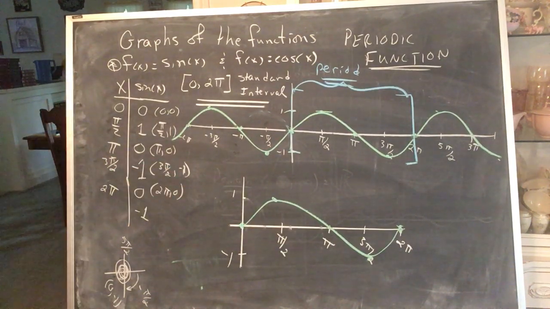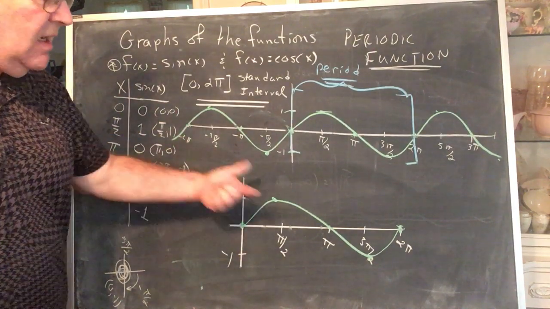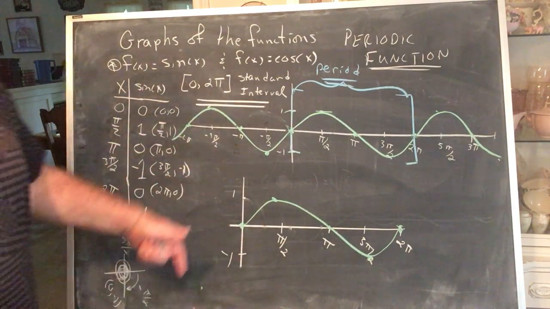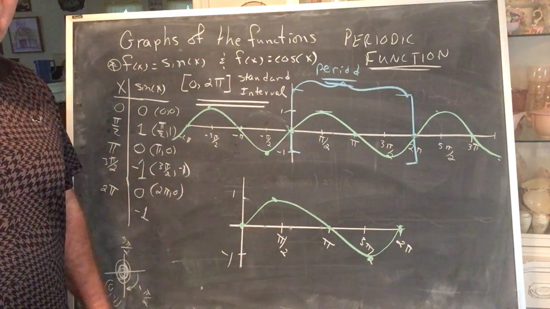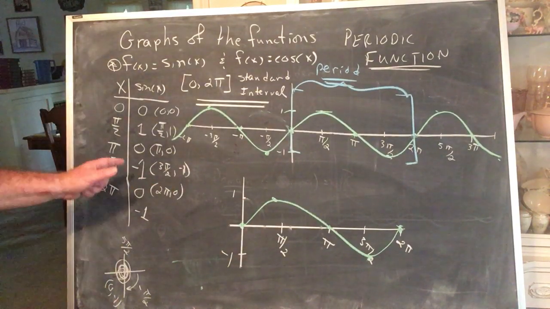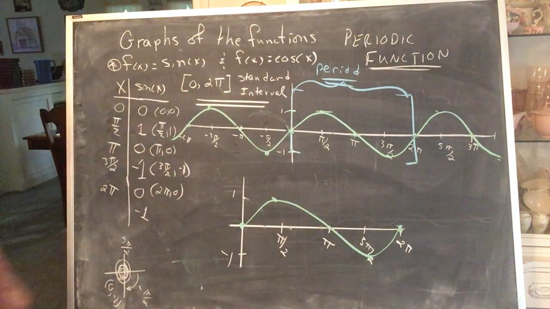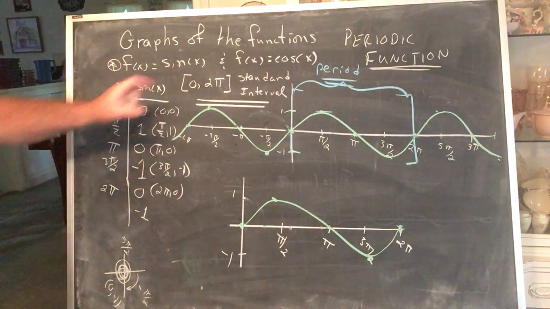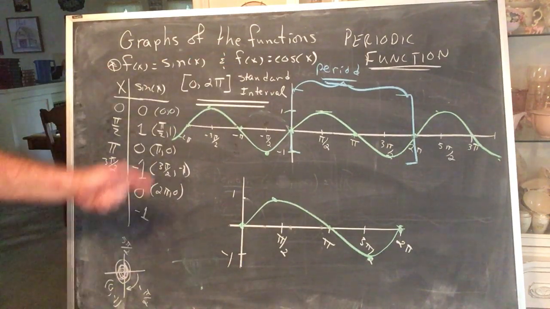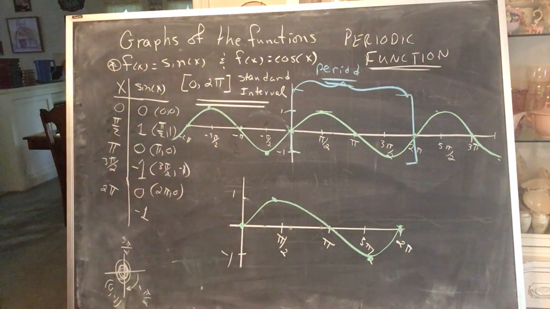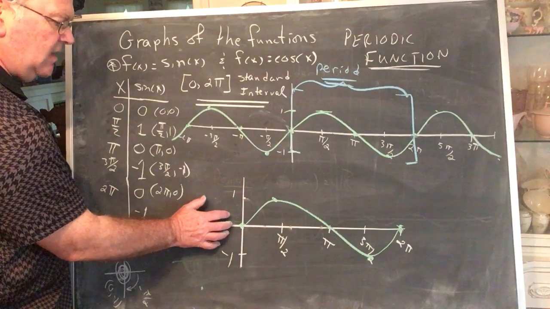Typically, when we talk about the sine curve, in fact, this becomes so common, very often students make the mistake of thinking this is the entire picture. It is not the entire picture. The entire picture goes over the entire real number line because the domain of this function is all the real numbers. But when you draw only one standard interval, or one period of the function, typically this is the graph that's drawn. So, it's important to remember a couple things. The basic shape on the standard interval,